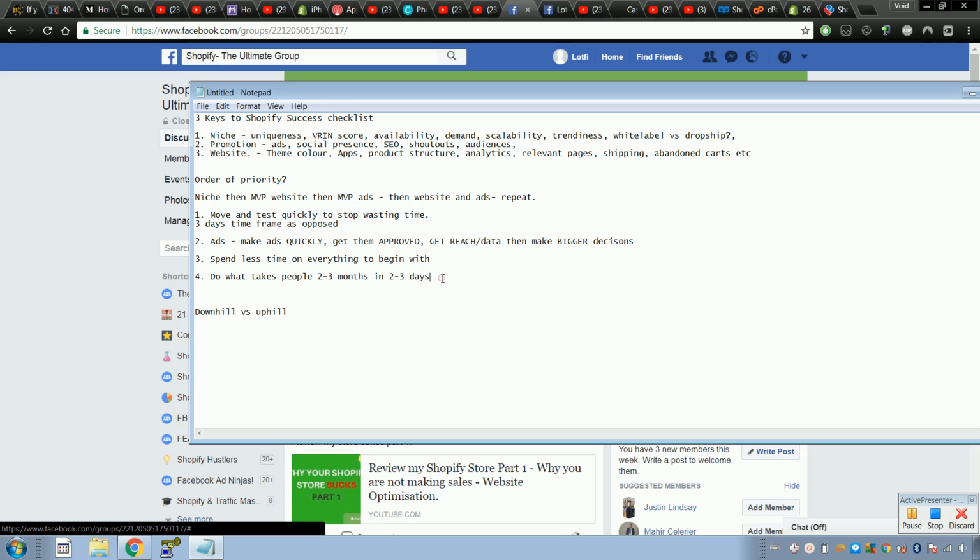Yeah, it might cost a little bit of money, so of course the domain, but Shopify has a free trial, so you can literally get it all done. You can get all the testing done within the free trial, and that's how you want to approach your store. So if you can get the testing done within your free trial, within a week you'll have a very good idea of what you should do next.